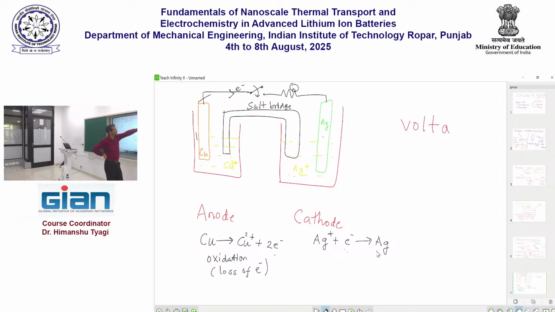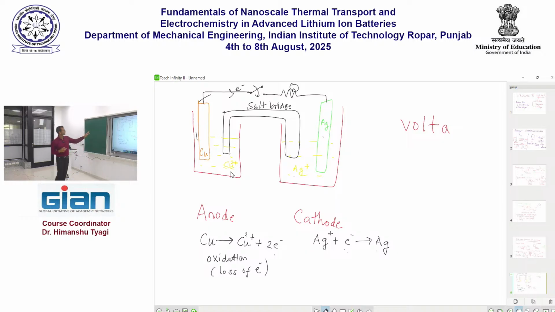Roughly speaking, this is what Volta had discovered hundreds of years ago, and this process will keep going on until all of this copper gets consumed. But once this copper gets consumed, then this reaction will stop, because there's nothing else that we can do. All of this copper is now available in ion form in the solution. It is not possible for me to convert this back into the copper, at least in this very simple example, and that is why what I have drawn here is a primary battery,